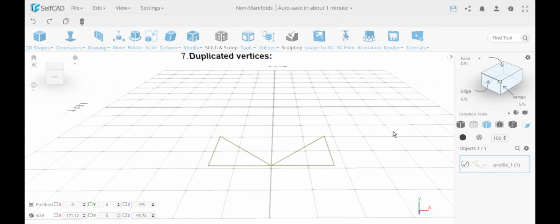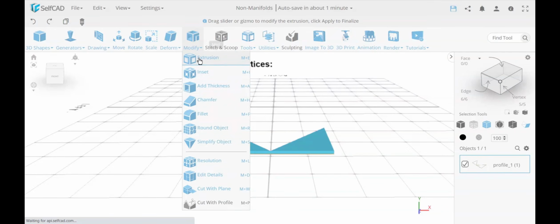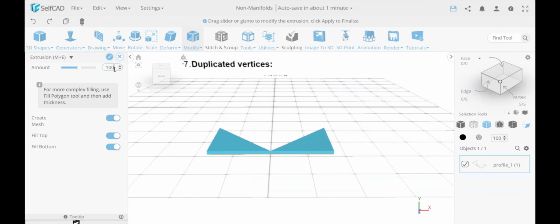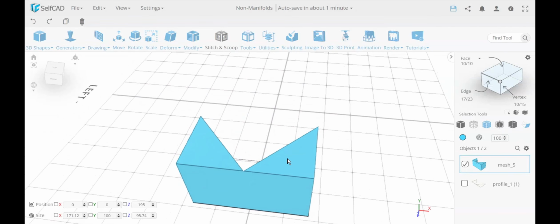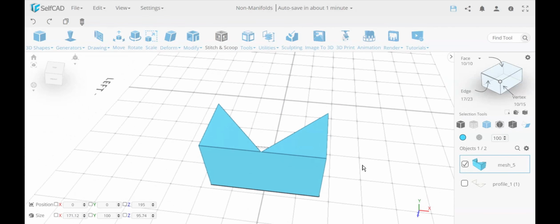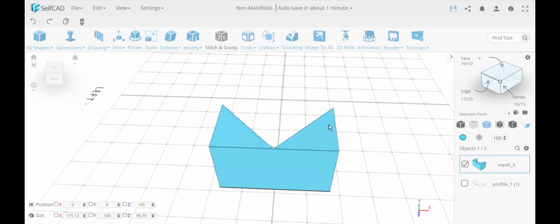But when it comes to 3D, if I'm going to extrude that, and let's say I make it 100, this is now a problem because you have a volume. In 3D, we need to look at the volume. And as far as the volume is concerned, it has one volume over here, one volume over here. Now, if they would have been completely split in the middle and moved aside, I don't care if they're considered